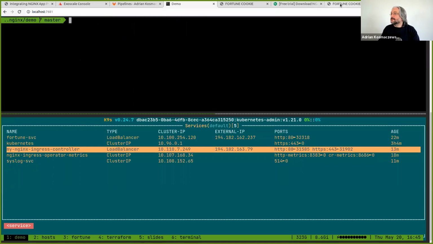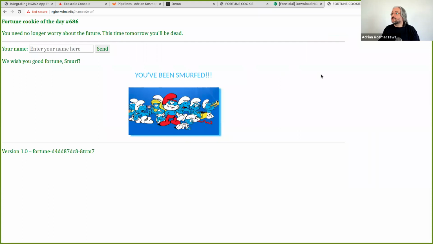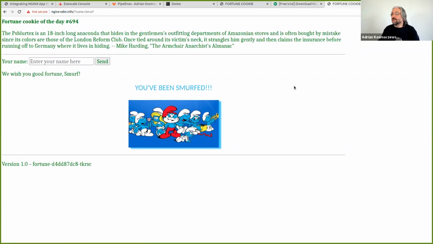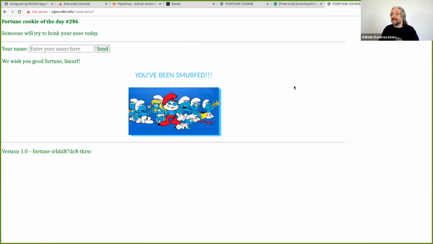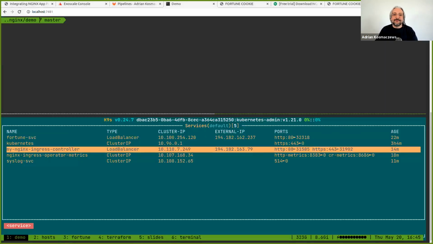And no, I can keep on trying to be Smurfed. So let's refresh this Smurf thing. It will take a few seconds to activate itself. For the moment, NGINX is reading all of this new configuration going on. I can show that this configuration is available